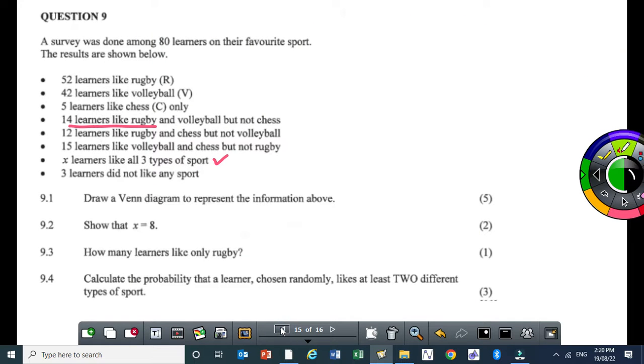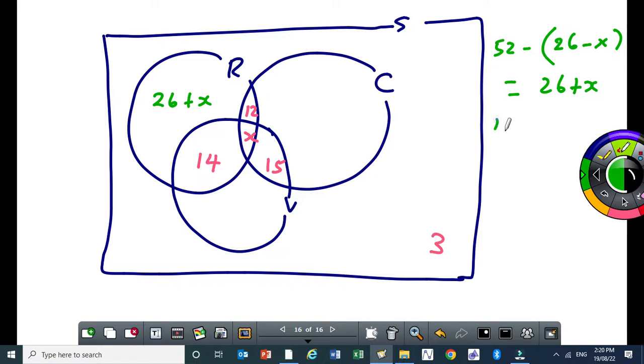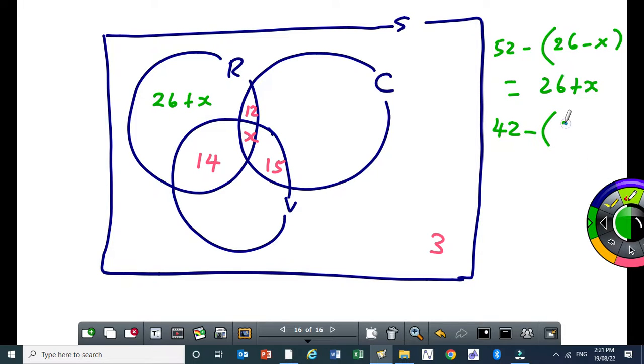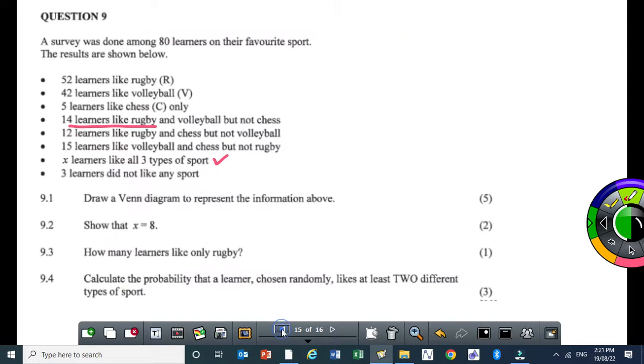Then those who like volleyball, in total there are 42. But we want those who like volleyball only, so it will be 42 minus (29 plus x). That will give us 13 minus x. So we have 13 minus x. And then those who like chess,